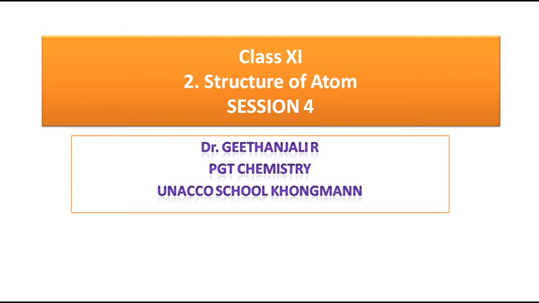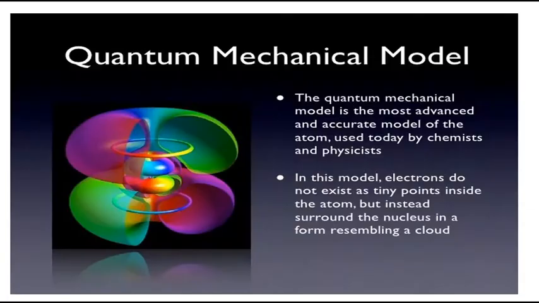Okay, today we are in the last topic of the structure of atom. We have discussed various models during the development of the structure of an atom, and the last model we discussed was Bohr's atomic model. I told you Bohr's model was almost complete. It gave us 90% idea about the structure of the atom. And even Bohr's model had some disadvantages or drawbacks.